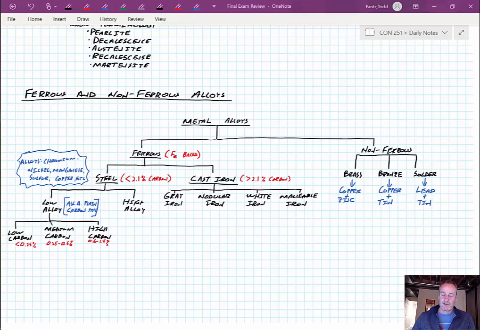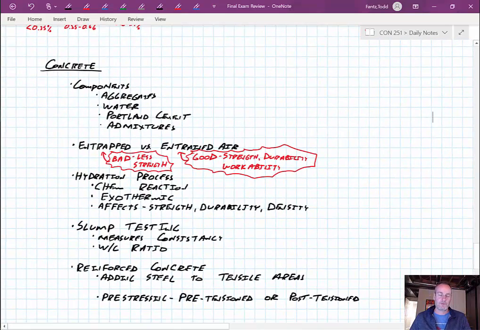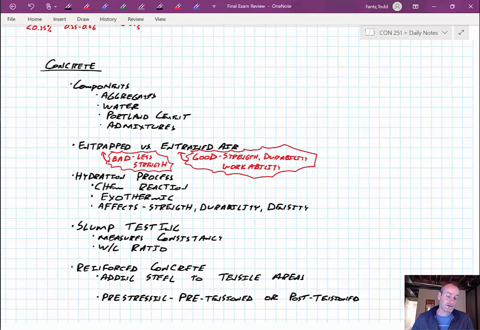So after metal alloys, another topic we talked about was concrete. And concrete, I went back to the PowerPoint because there was just so much information. So you can have those as your open notes part. You might want to use those. But as an overview, what you should be familiar with are the components of concrete: aggregates, water, Portland cement, admixtures. Familiar with what the general proportions are, what has the most amount of ingredients versus the least. You should be familiar with entrapped versus